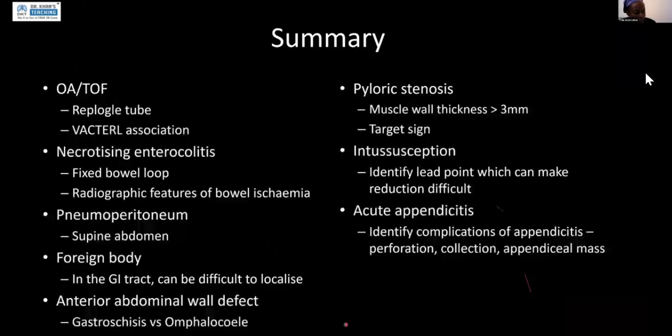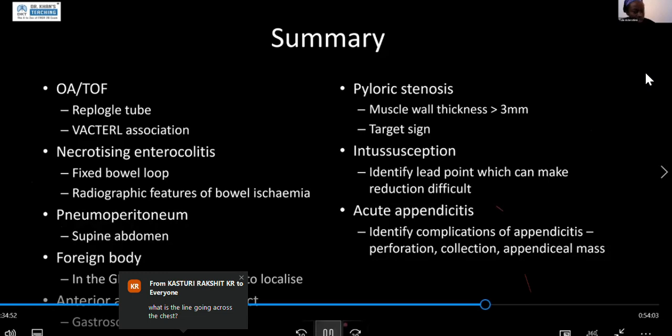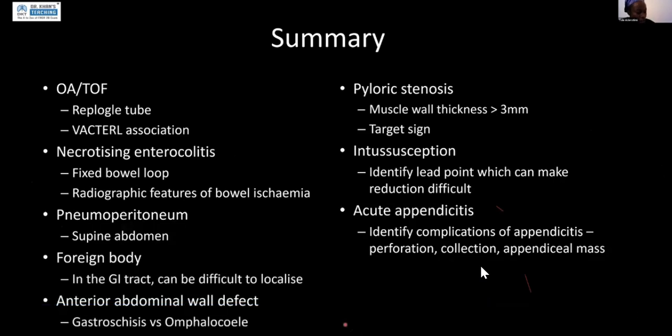So that was quite a lot of acute abdominal presentations, some not so acute, that we've covered. So well done, candidates 3 and 4. So we've had esophageal atresia with tracheoesophageal fistulas, and we've looked at Replogle tubes, which are the double lumen blind-ending tubes that are put into the proximal esophagus to help drain it. We've talked about VACTERL associations, so vertebral body anomalies, anorectal malformations, cardiac anomalies, tracheoesophageal fistula, esophageal atresia, renal anomalies, and